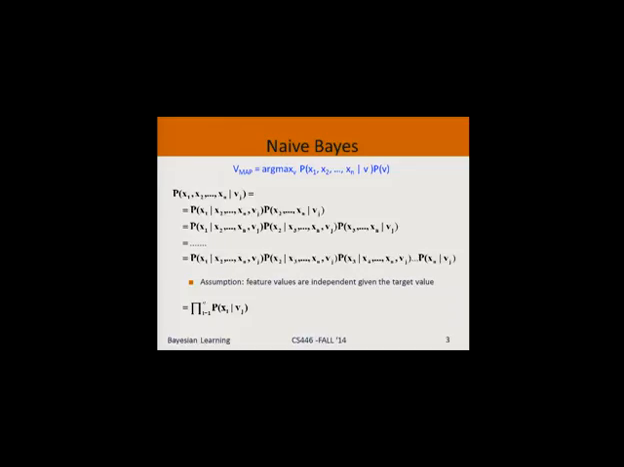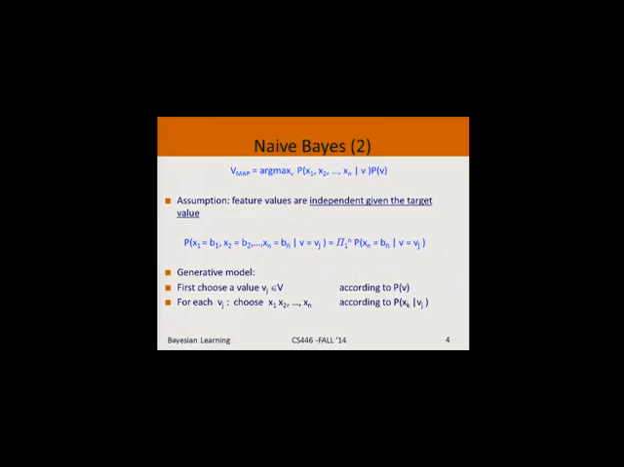Okay. So basically this is the assumption that we had now, right? We assume that because the feature values are independent given the target value, we can write this. I'm basically writing everything with more details. The probability that the first feature is V1, the second feature is V2, given the value is Vj, as the product of